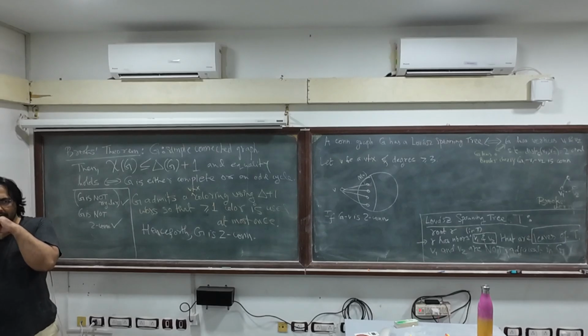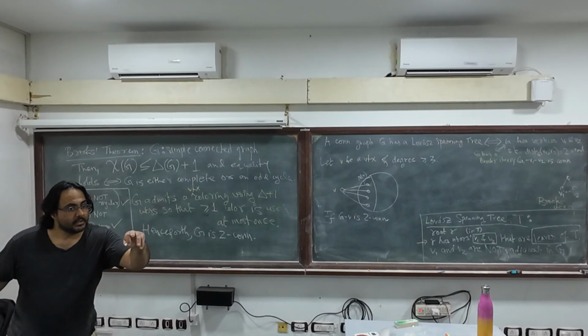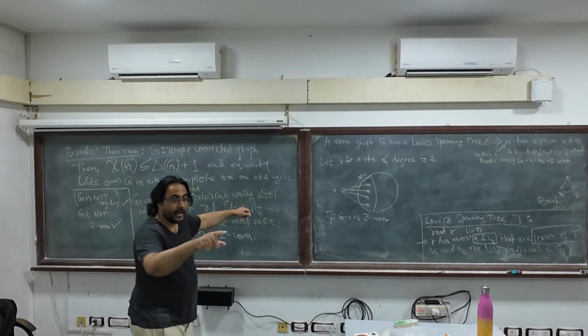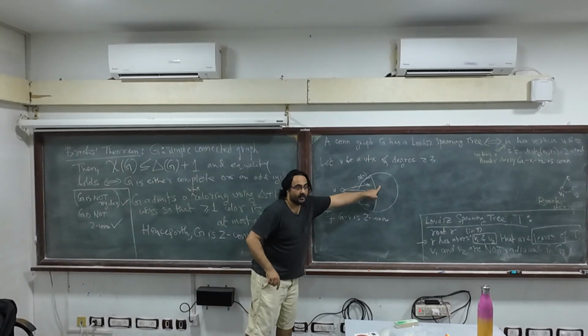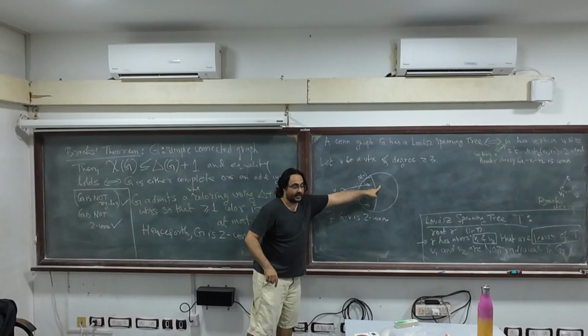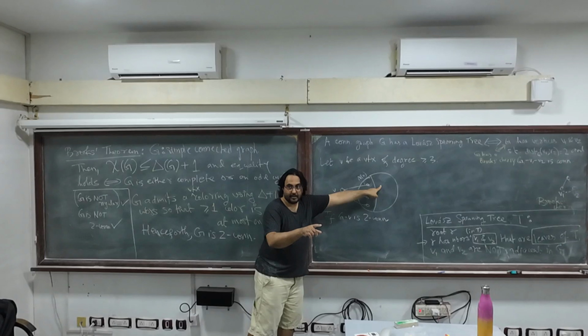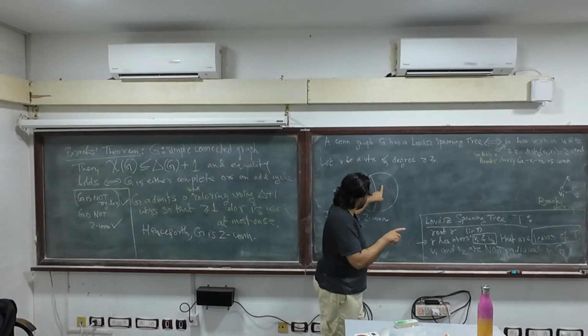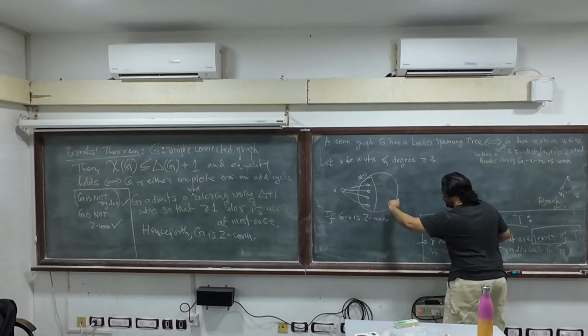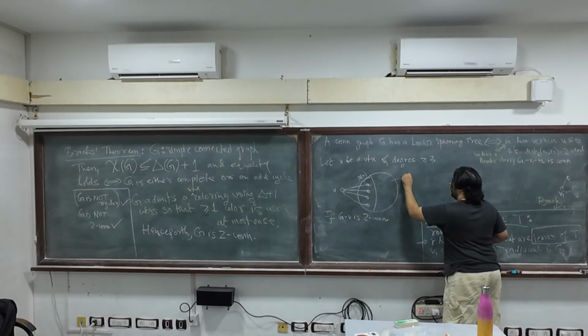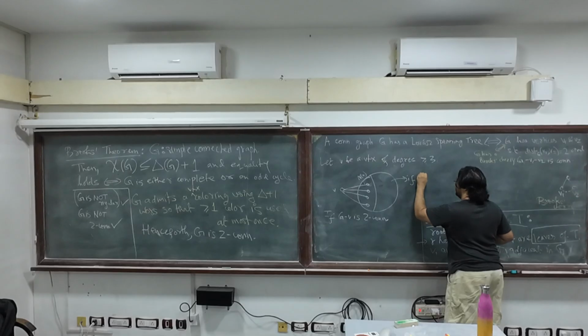V is not connected to every vertex. If there is a fellow here, then we are done. If this set is non-empty, if this set is not equal to the empty set,